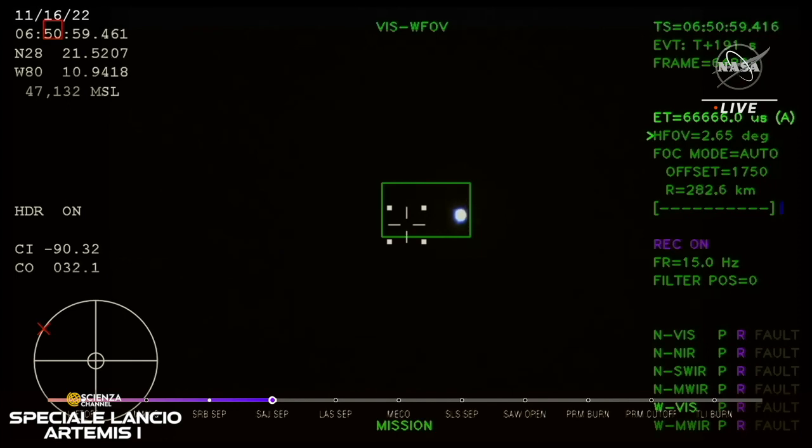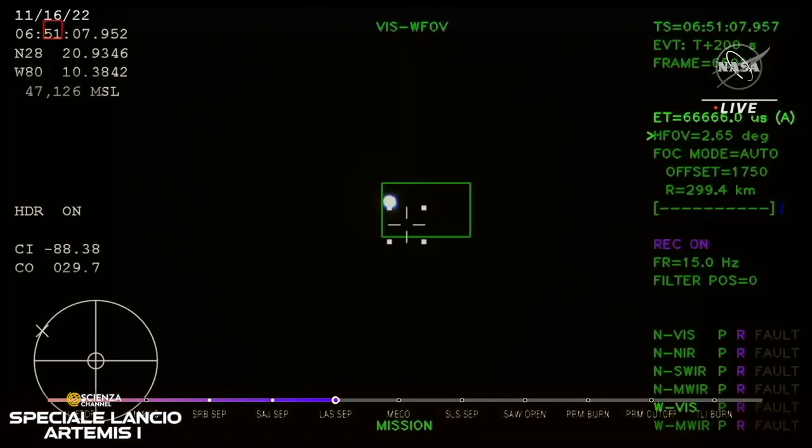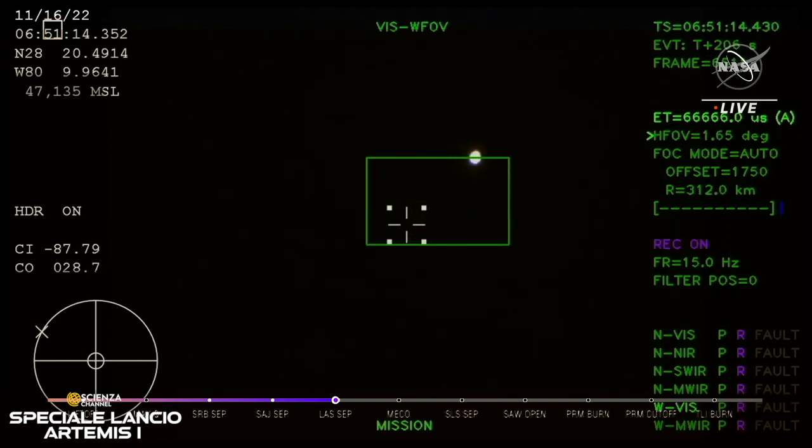We just had confirmation that the service module fairing has separated. And that the launch abort system pyros have fired, separating those from Orion as well. For future crew members,